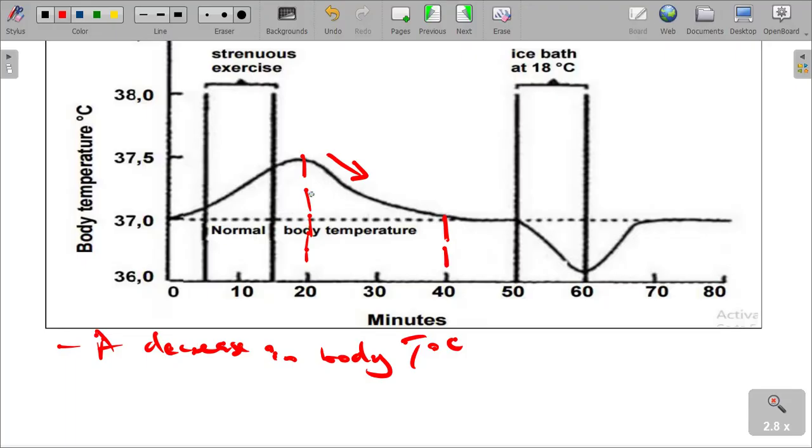The person has done strenuous activity, too much of it, from somewhere like 5 to 10 minutes. So the body temperature decreases, and the blood vessels of the skin